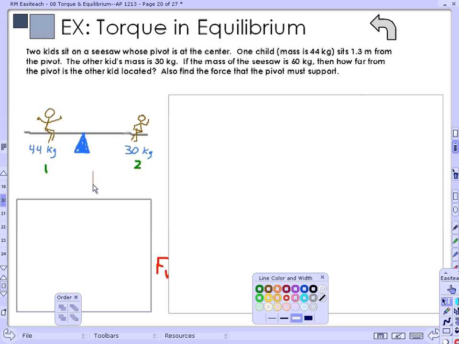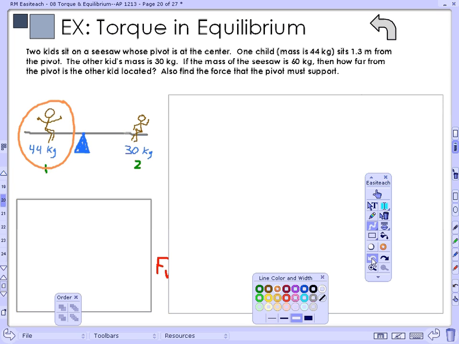We have the 44 kilogram child and the 30 kilogram child. They are each exerting forces, which will actually become relevant. This is mostly about torque, but we're going to use forces at the end as well. So yes, they are each exerting forces, but they're also exerting torques, and we're going to figure out what the